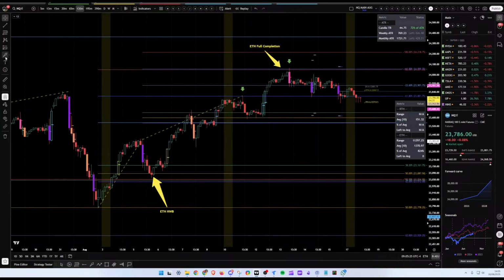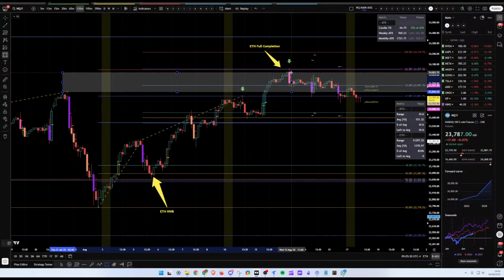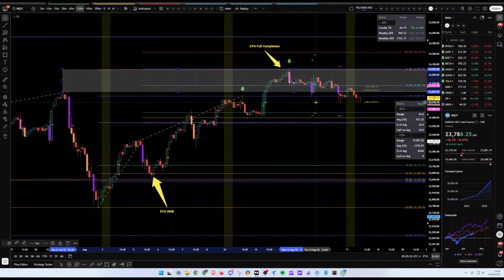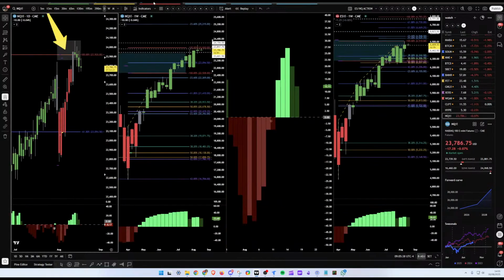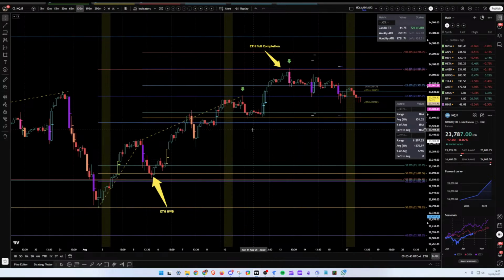So for now, that will be a look above and fail, which is from these highs. So all of this here is a look above and fail until proven otherwise. That does not mean we just constantly look for shorts. We just be aware of that level as a potential look above and fail, and we wait for that BX to turn and close red to get any further confirmation on potential shorts.